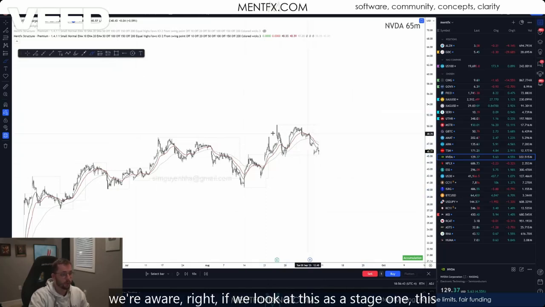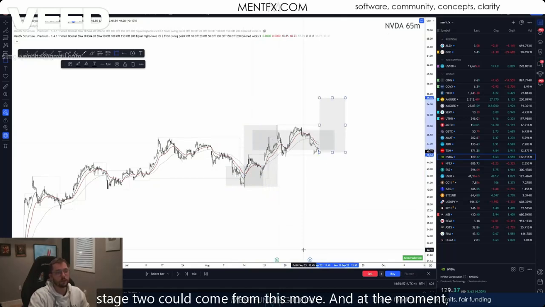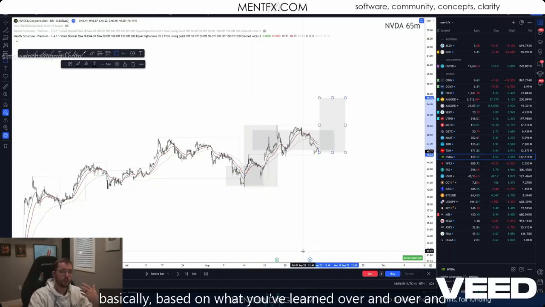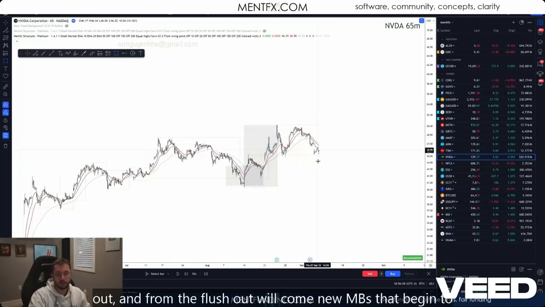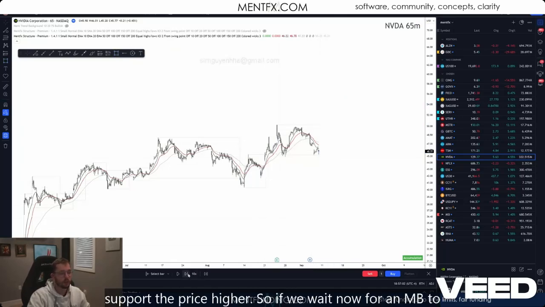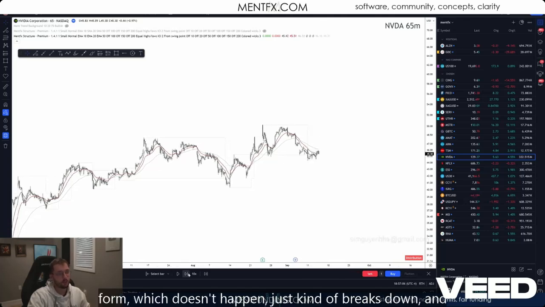And through a flush out, because we're aware, right, if we look at this as a stage one, this is a stage two, this is a stage one, then we're aware that a stage two could come from this move. And at the moment, based on what you've learned over and over again, through a stage one will oftentimes come a flush out, and from the flush out will come new MBs that begin to support the price higher. So if we wait now for an MB to form, which doesn't happen, it just kind of breaks down,